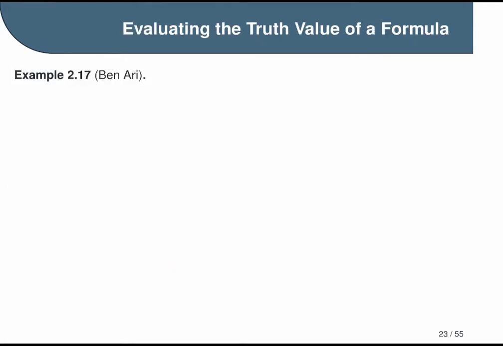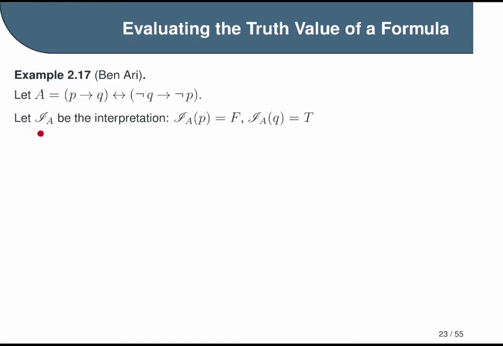We'll use this formula A, which is P implies Q, if and only if not Q implies not P. This is the same example formula we've used in the previous video, and notice it is not quite the contrapositive. We assign an interpretation I sub A in which we map the value P to false and the value Q to true. And now that we have an interpretation, we can determine whether or not the entire formula is false or true